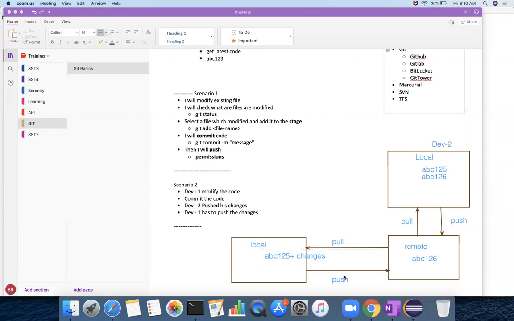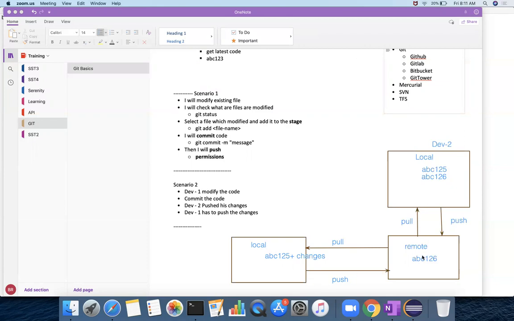Now when you want to push the code, it checks what is the base you have, ABC 125, and here ABC 126. That means if you want to push the latest changes you have done in your local into the repository, the repository changes are not in your local.